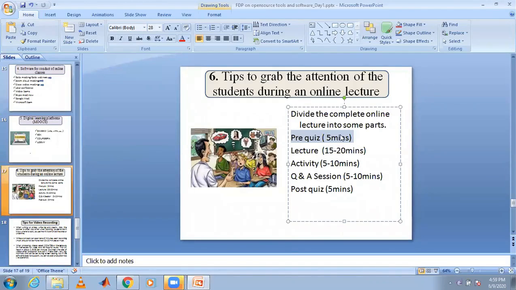Pre-quiz. After these 5 minutes, you prepare a lecture for 15 to 20 minutes. This is an online lecture, not the flipped classroom I am telling you about. Plan a 15 to 20 minute lecture. Then one single activity. You assign some activity to different roll numbers and post it on your wall or chat box. Then a question and answer session.